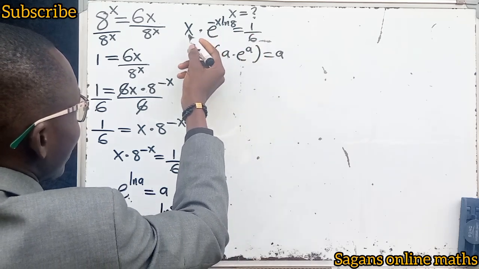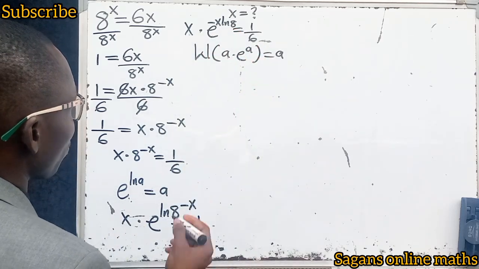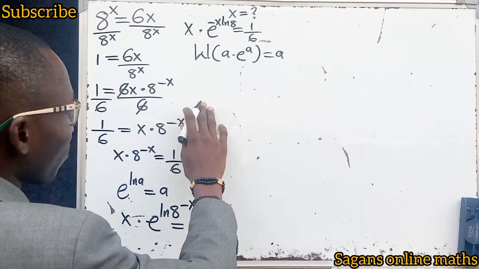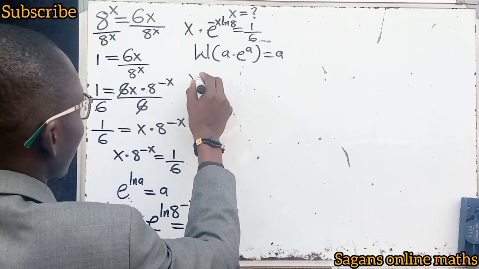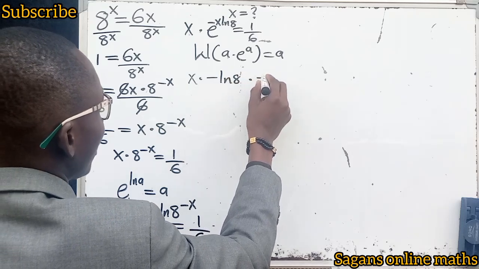So how are we going to make this equal to this, so I can take the Lambert function on both sides? What you have to do is multiply both sides by minus ln 8. So that means if you multiply this by x multiplied by minus ln 8, multiplied by e to the power of